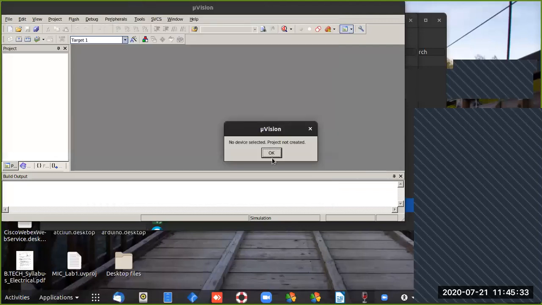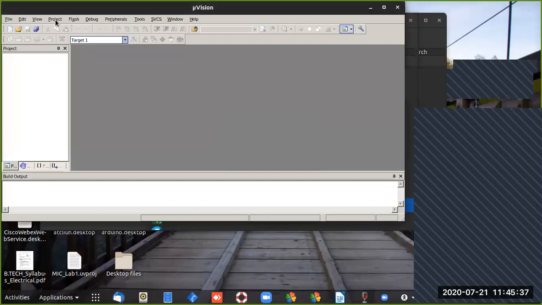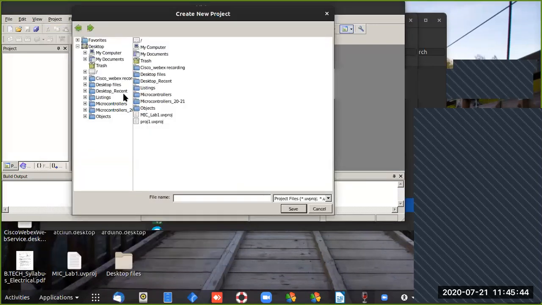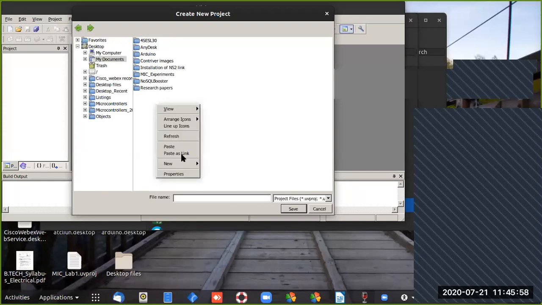No device selected. Okay, I will start a fresh new microvision project. Then here I'm going to create one folder. You can create it anywhere in your location. Suppose I go to my computer, any drive, or in my documents, and here I create a new folder where all supporting files get stored.